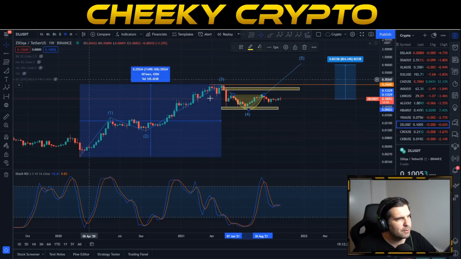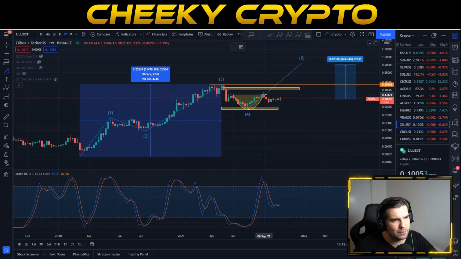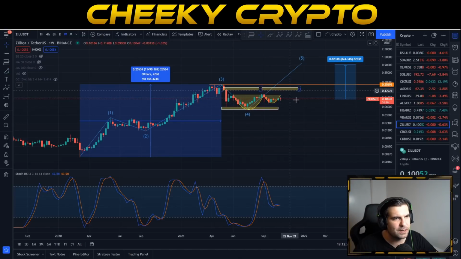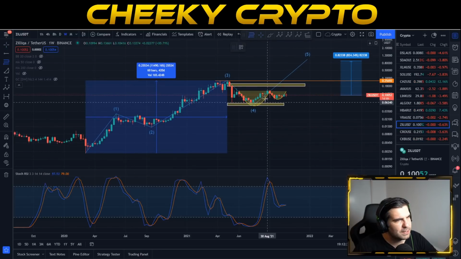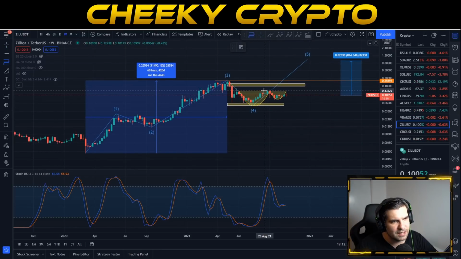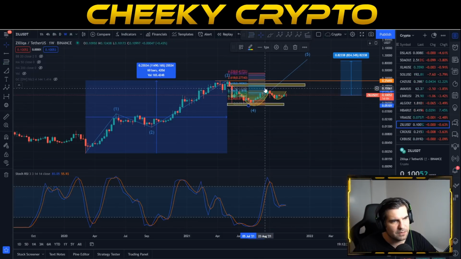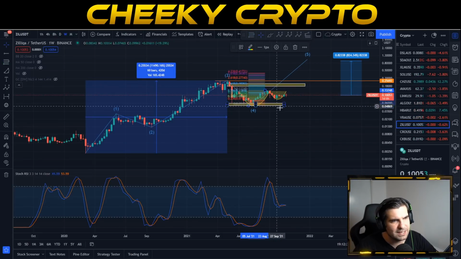Again, it's a little bit slower. It's very, very clear on the weekly chart here to see, but we could start to actually see this cup and handle pattern play out. And again, this would actually allow us then to take us to those next levels. And I'm just going to grab hold of this approximately. So that actually shows us moving out to about 19 cent, okay?